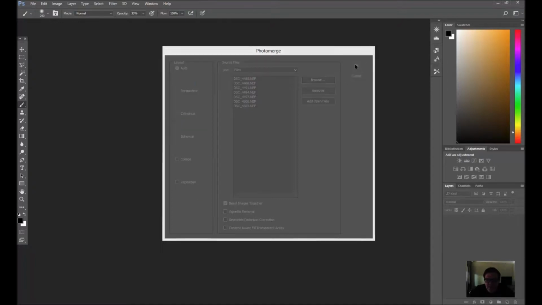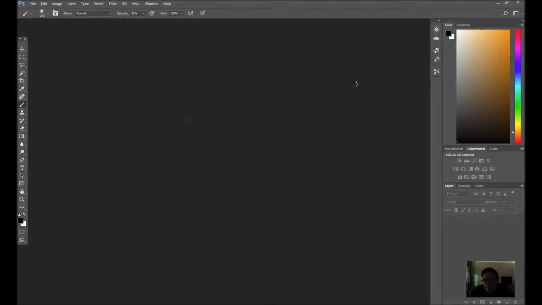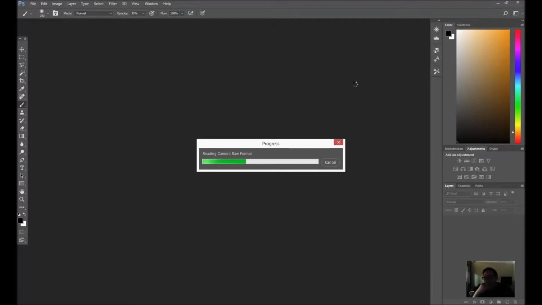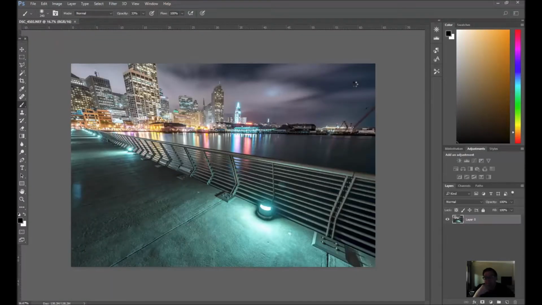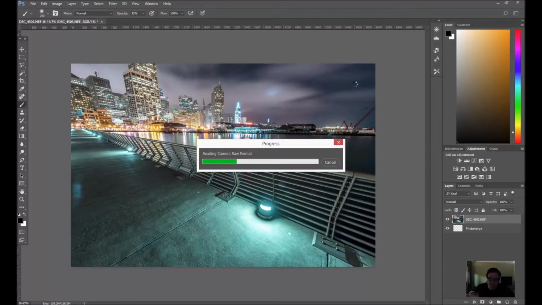So I'm simply going to click OK. Now it's going to go photo by photo and load it and merge it into Photoshop as a layer, basically. And this is going to take a while too. So there are 7 photographs now combined into different layers